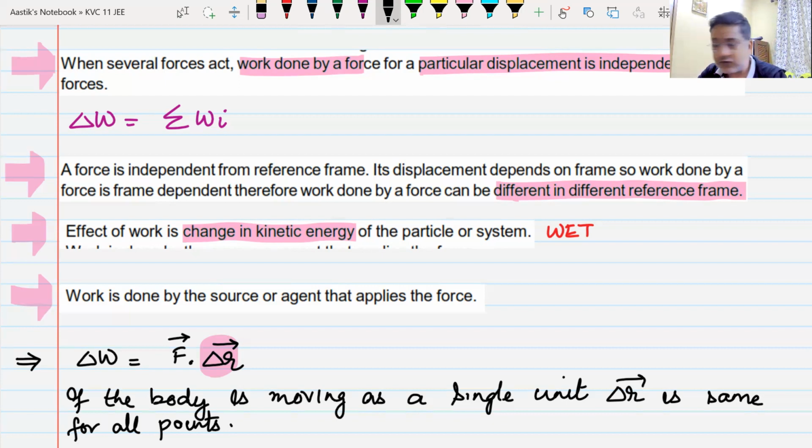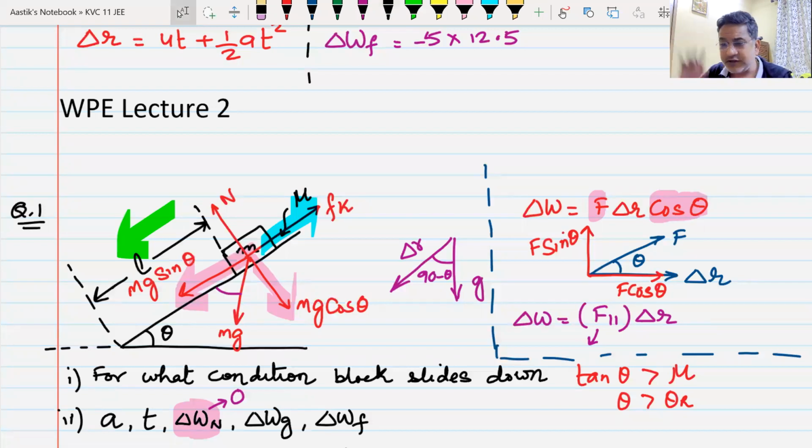For example, in this question we have drawn this one body. The displacement of all the points on this body is going to be L, no matter where that point is. So in that case we use the displacement of any point. We can call it that the displacement of this body is delta r. We can use that same displacement in the formula for force, but in some cases there could be